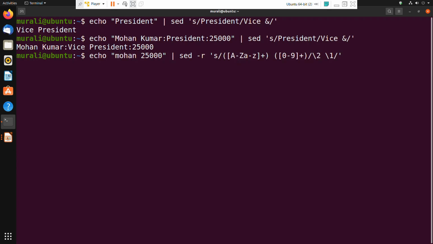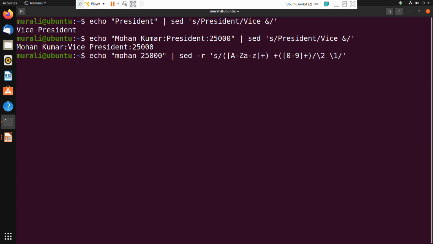One or more occurrences of alphabets, followed by space. Maybe you are not sure about the number of spaces, there can be more than one space also, so space plus: one or more occurrences of space, followed by one or more occurrences of any digit characters. That is also remembered.